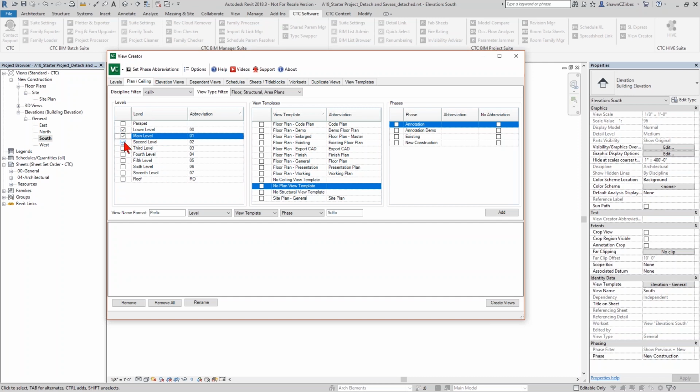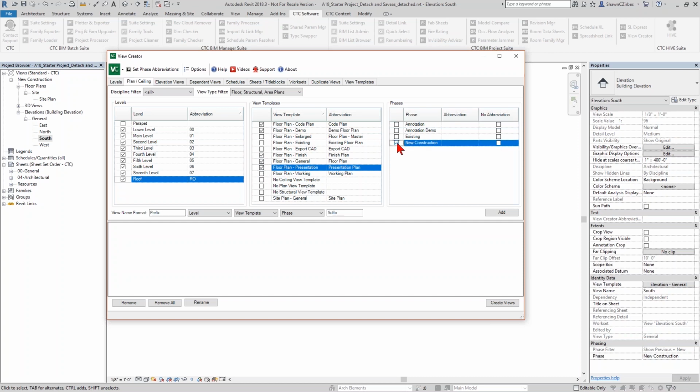So what I'm going to do is basically just check some boxes out here. I'm going to check the boxes for the levels. I also have view templates to the right of that with some abbreviations set up for them. And I'm going to check boxes for these as well. A code plan. If this was an existing building, maybe I would have some demo plans, maybe finish and general plans. Possibly I want to give my team some presentation plans. So I'm going to be creating 5 different floor plan types, all related to the new construction phase in my